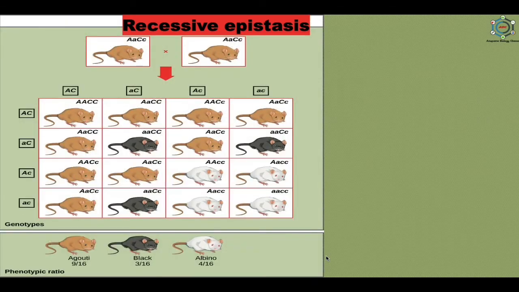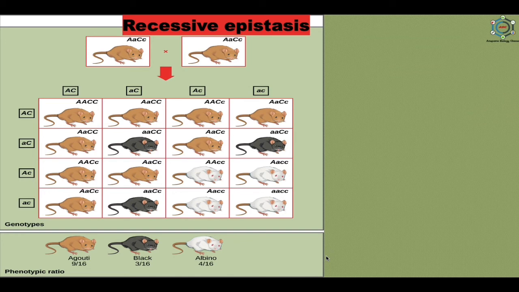Now the second is recessive epistasis. In this picture you can see the coat color in mice illustrating the principle of epistasis, which is recessive. Gray color in mice is dominant over the black color. However, another gene, capital A, is necessary to produce any pigment. So, in the homozygous recessive condition, no pigment is formed and an albino mouse is produced. This is true whether the mouse has the genotype capital B capital B, capital B small b, or small b small b.